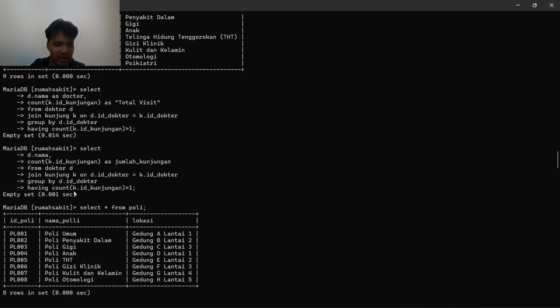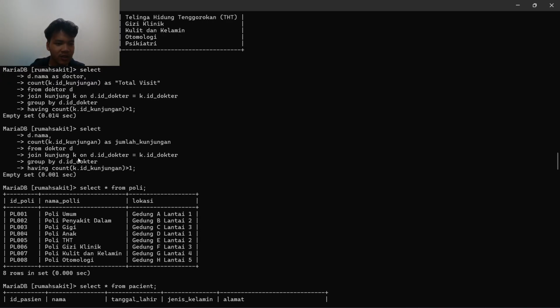As jumlah kunjungan, from the table doctor we put in the alias D, and we join. The column connecting the tables kunjung and doctor is ID doctor. So we alias kunjung as K, and then we join ID doctor from the doctor table with ID doctor from the kunjung table.